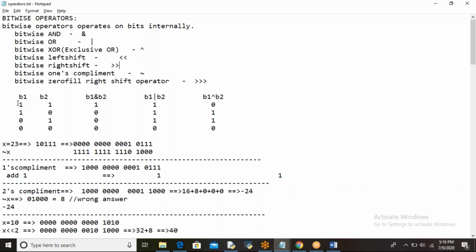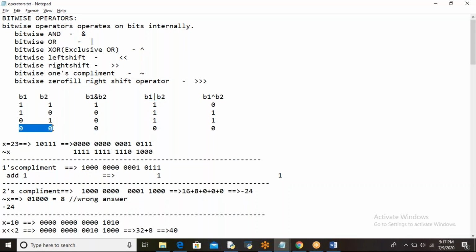So here let's observe, we have taken bit 1 and bit 2, with bitwise AND, bitwise OR, and bitwise exclusive OR. Let me explain. If both the bits are ones, bitwise AND returns 1. If any of the bits is 0, bitwise AND returns 0. Got it? Bitwise OR: if any of the bits is 1, bitwise OR returns 1.